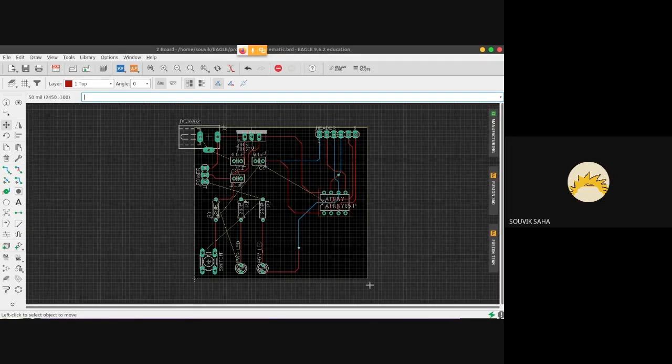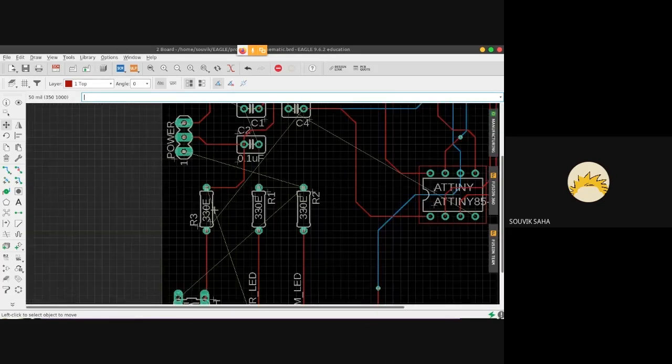It's preferable to keep the components at a certain distance. If you keep the components too close to each other, there might be issues with respect to proper soldering. So suppose I keep all these three resistors this close.